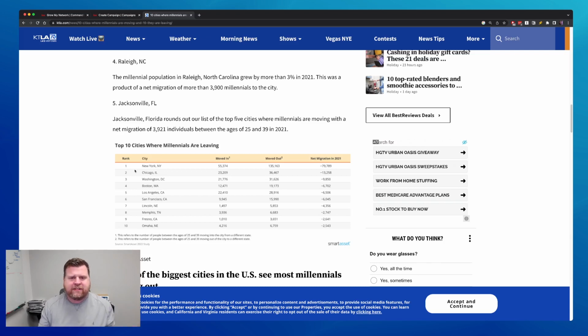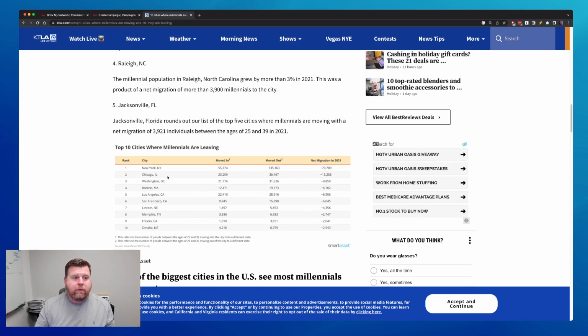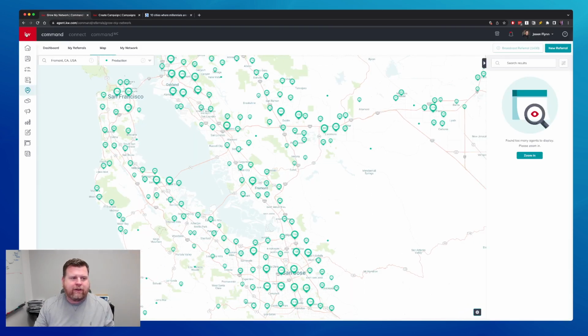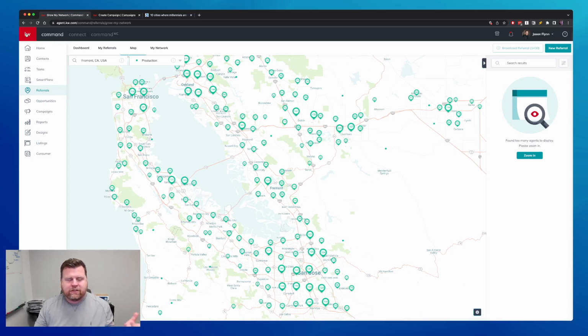Now, being major cities, and we don't know if they're specifically moving to our market, what we could do instead is using KW Command, we go into the Grow My Network tool. So click on the menu on the left here. My computer's running a little slow, just deal with it. But you come down to the referral tool, and instead of going through the My Referral Network, click on Map,